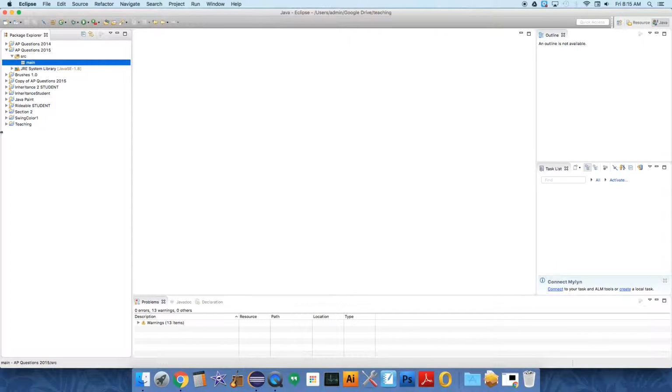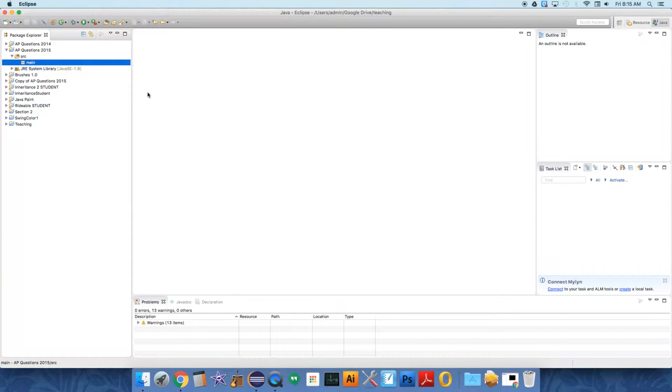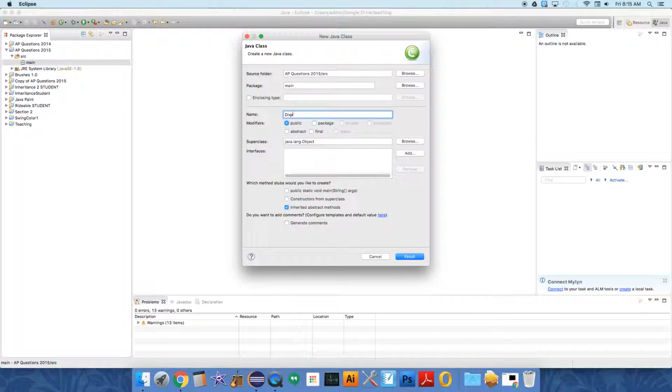Alright, we're going to be going over question 1 from the 2015 free response questions for the AP Computer Science test. So the first question deals with, as it says, 1 and 2 dimensional arrays of integers. So it asks you to write 3 methods for this diverse array class. The first of which is just a sum, and then the second of which sums up all the rows, and the third of which returns